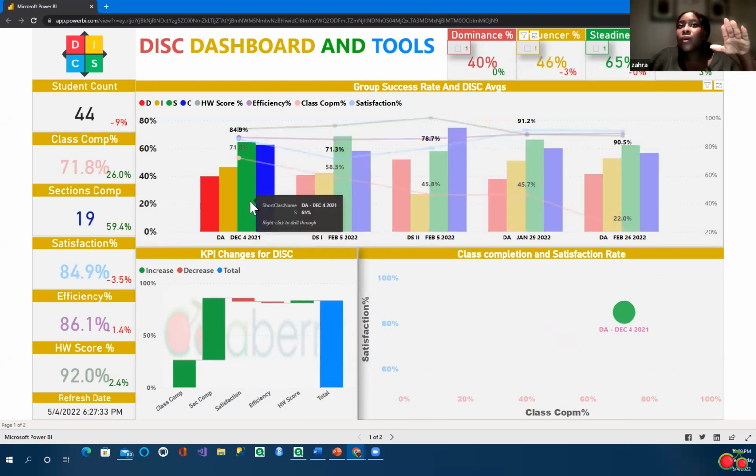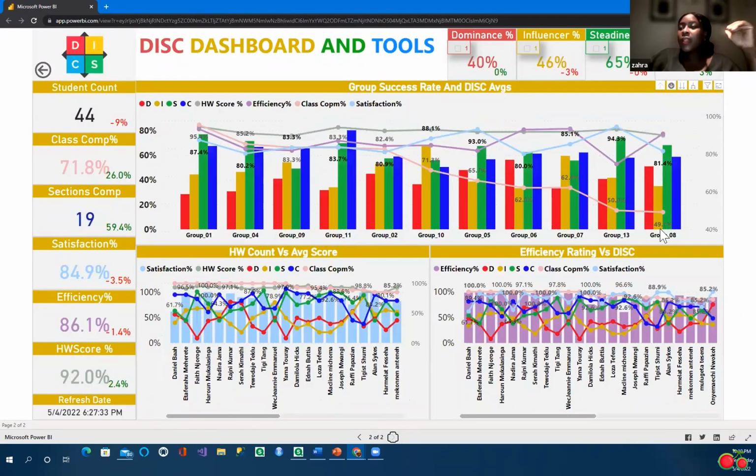When I click on the December 4th class, you will see that there are a few changes in the KPIs. The numbers in red show everything that decreased, and the numbers in green are everything that increased. So when you look at this chart, you can see that class completion, sections completed, and homework score have all increased for this particular class. But their satisfaction and their efficiency rating went down. And if I go to my detail page,